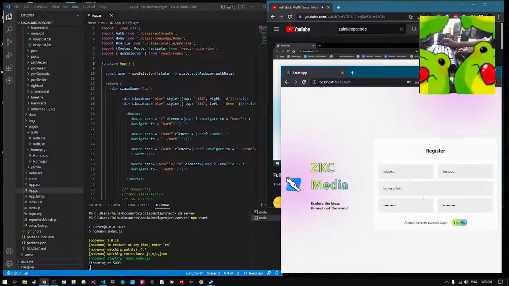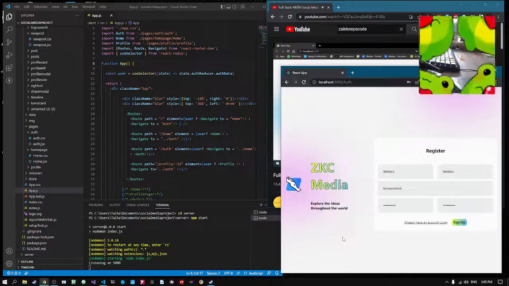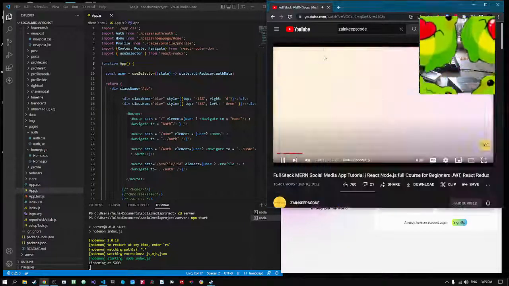and don't panic, I am going to guide you step by step of Redux store setup. Let's get started. So basically in Redux